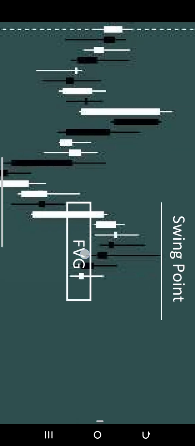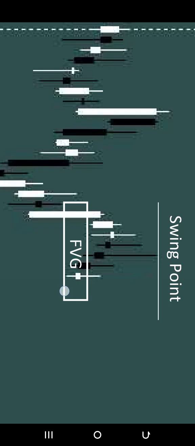Now what we should be trading is that we should be trading off of this fair value gap. This is an opportunity for us now to place a buy, then we trade towards this swing point. So our boundary is going to be between this fair value gap and this swing point. Because when price comes into this fair value gap, it has the tendency of pushing price away, because it is a strong zone in the market.